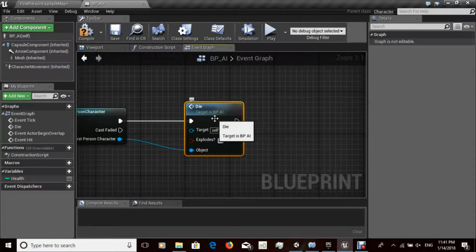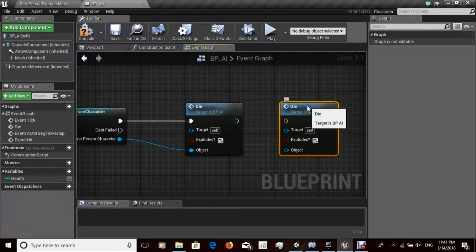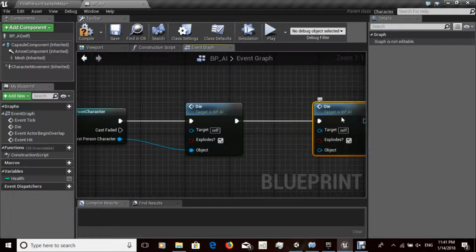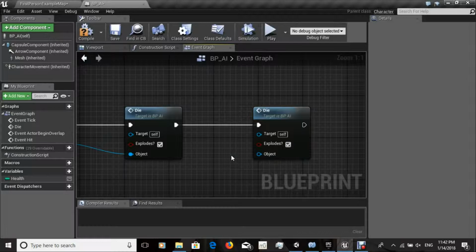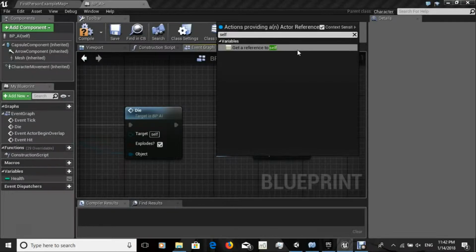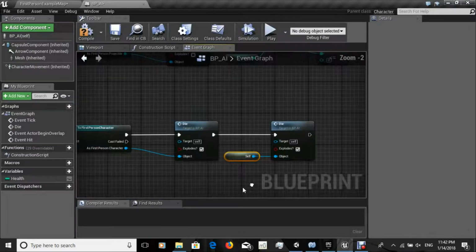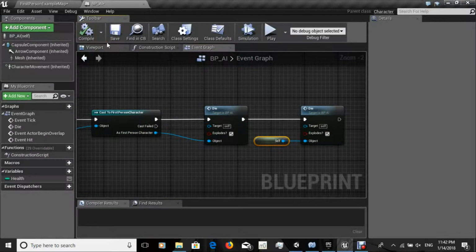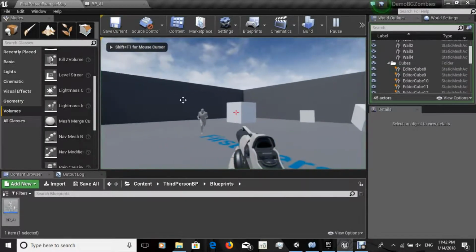But then we want to get rid of the robot that got us too. So we can duplicate this with Control W and connect the 2. And we want to leave explodes as true, and the object we just want to be self. Click get a reference to self. Compile, save, and now whenever the robot reaches us,